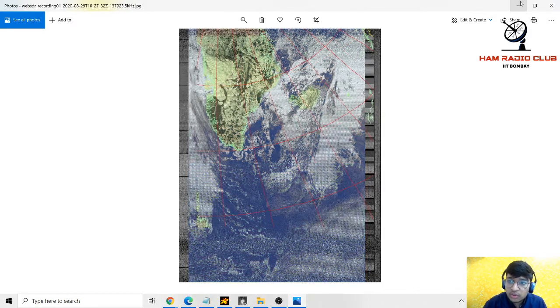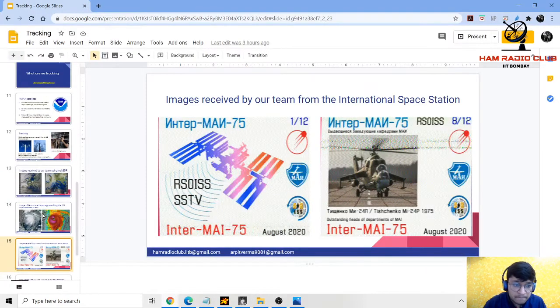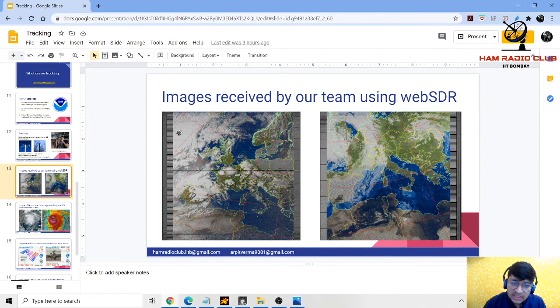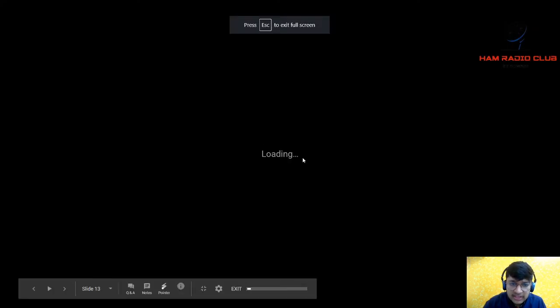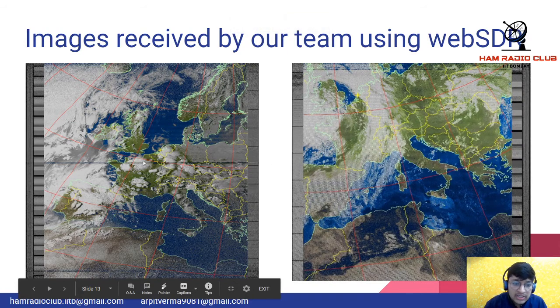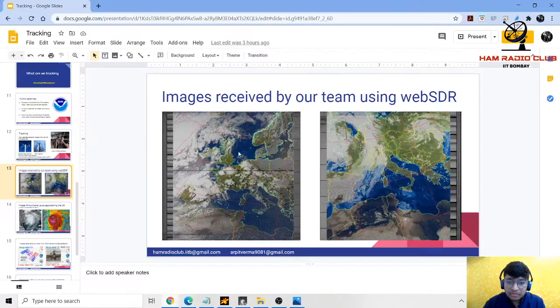If I show you the other images tracked by our team, I'll explain using that. This was tracked by the exact same process, so you don't need to feel dejected if you don't get a good image. As you can see, it puts the proper color, like blue for water, green for land, and white for the clouds. It also depends on what angle it is on. We could see only this area. I think by the map we could understand that we could see this map and nothing else. So this depends on the time.